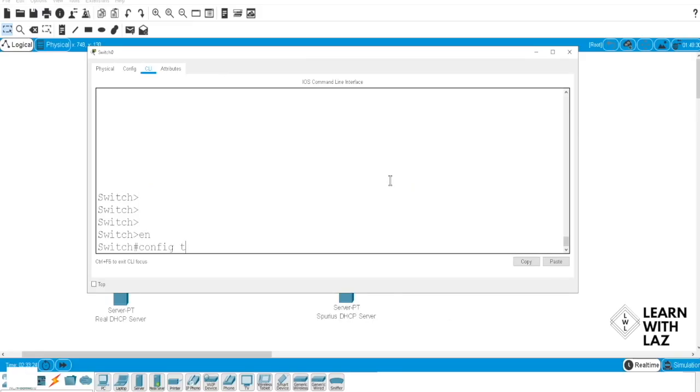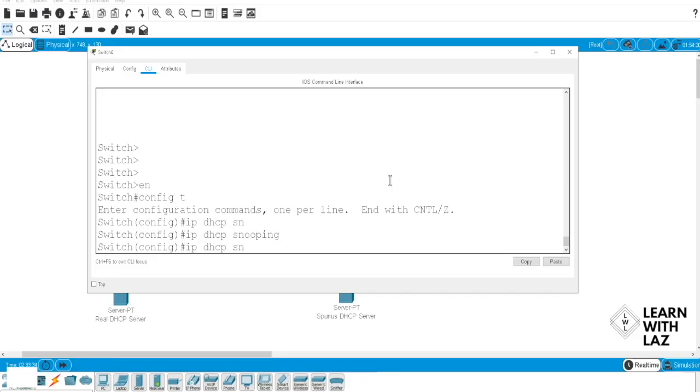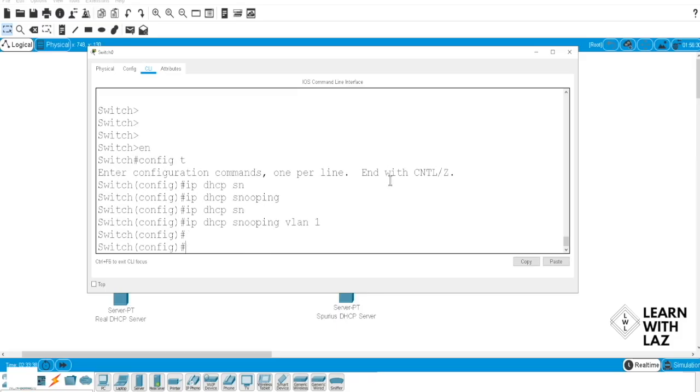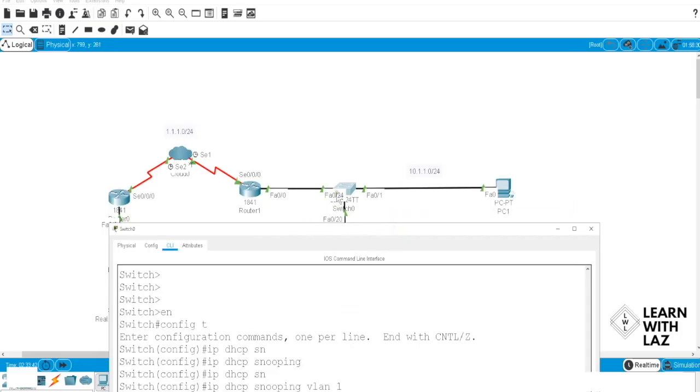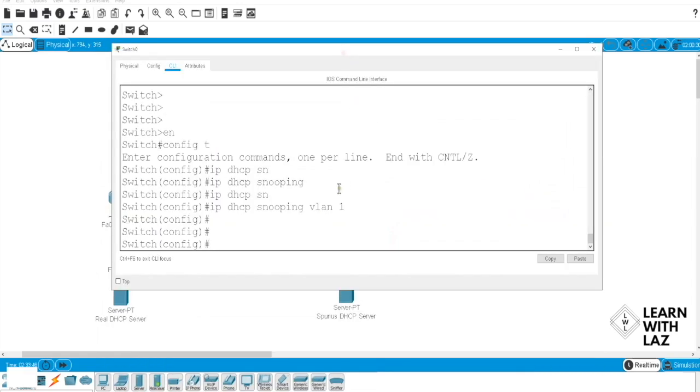Config T. We have to actually tell it IP DHCP snooping. Turn that on and do IP DHCP snooping for VLAN 1. Okay? But we have to have a trusted port, which is this one right here, F0/24. Okay? So if this is trusted, everybody else is untrusted. So we go IP interface F,